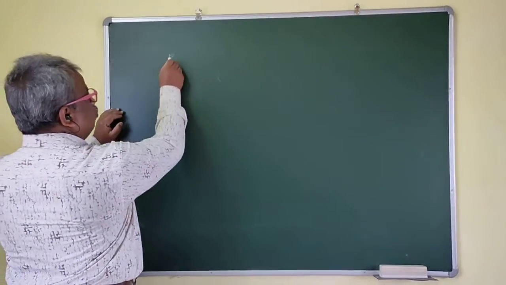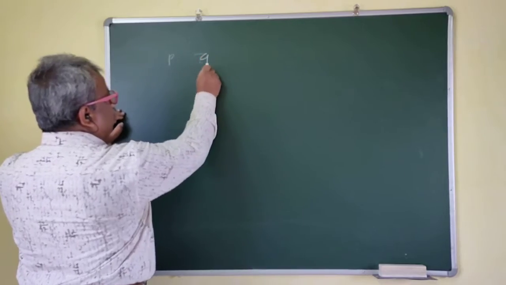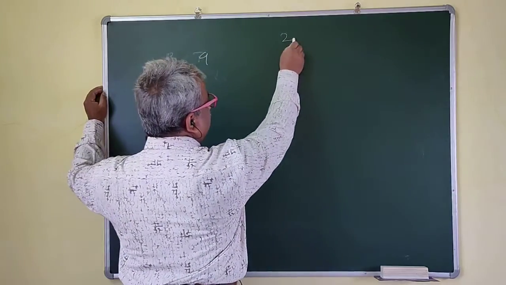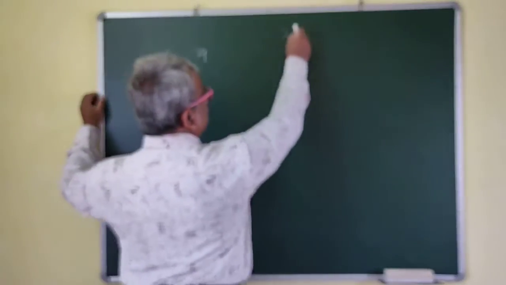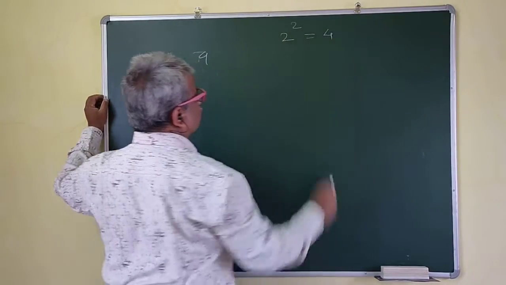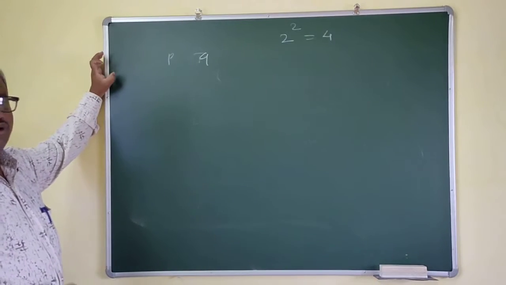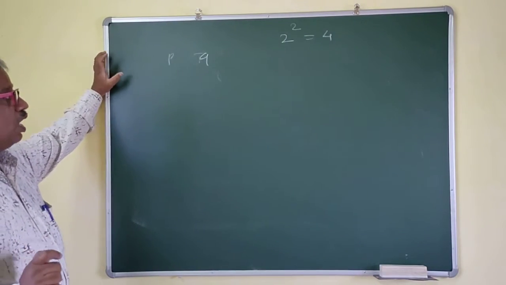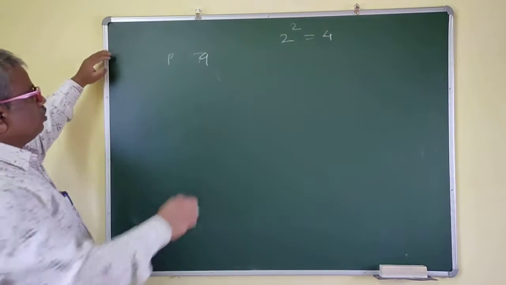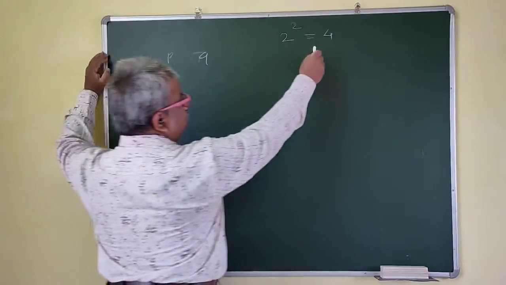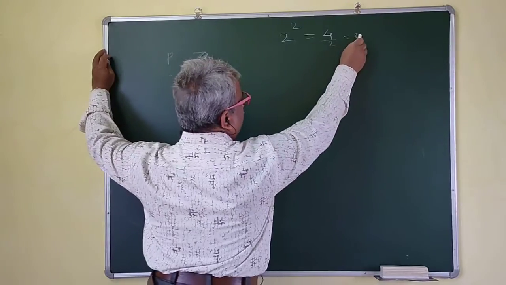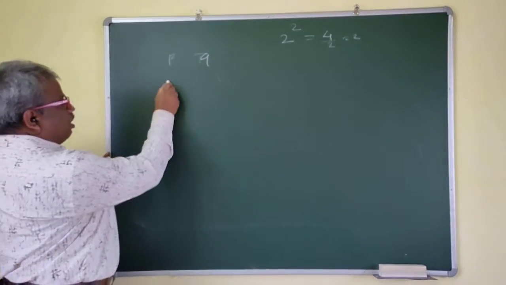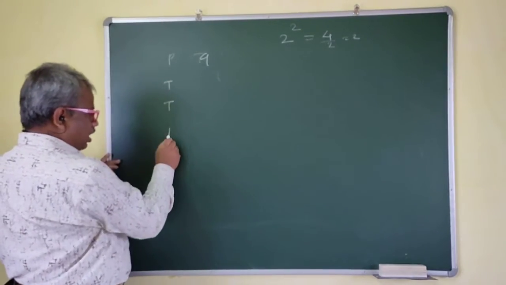Same thing here. If you want to prepare the truth table of this one, how many statement letters are there? 2 letters are there. How many possibilities are there? True or false. So 2 possibilities are there. That means in the truth table, there should be 4 rows and 2 columns for the letters, P, Q. And half of the 4 is what? 2. So then you have to write first 2 T and then 2 F.